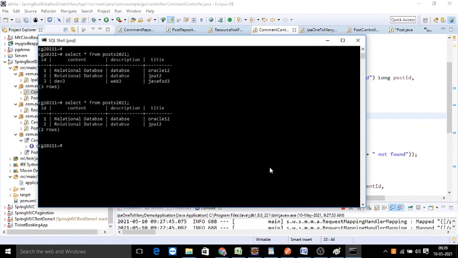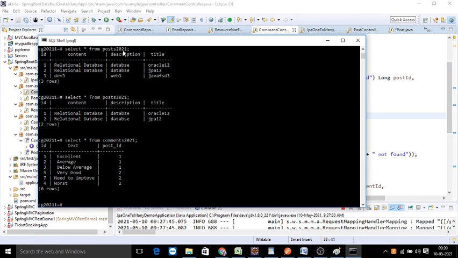Let's say here we will run select star from comments. For a comment you also have to give ID, then text, and the post ID. Earlier we had 3 comments for the second post, 3 comments for the first post. Now we will add the 4th comment for the second post.